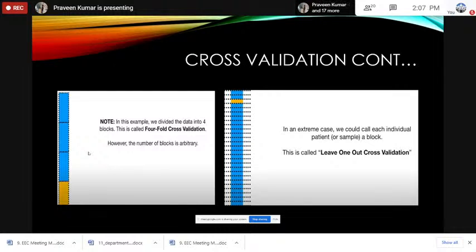Here there is another question: whether we take the last block as the test data set, or why not a block in between, the third block or the second block? Which block can we take so that our results will be more accurate, and our training and testing will be